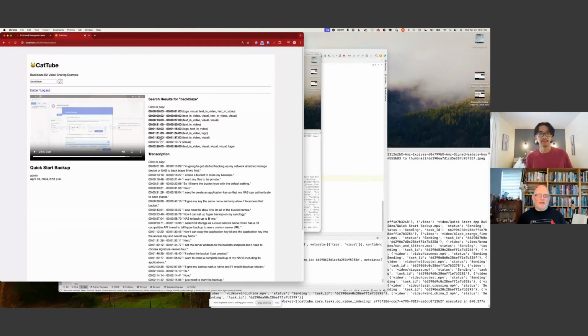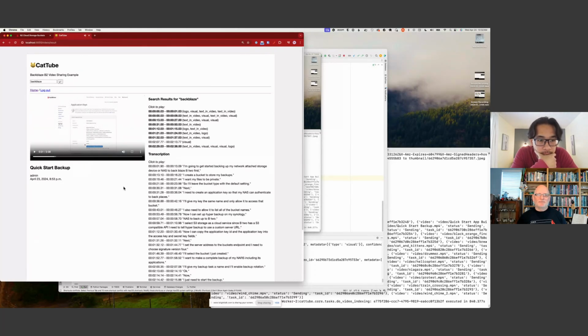But you can see here the different modes that it's locating the search hit. And you can also see here how it breaks out the transcription with the time codes. So I can go straight to where I want. There you go. So this is profoundly powerful for the amount of work I had to do to get this.